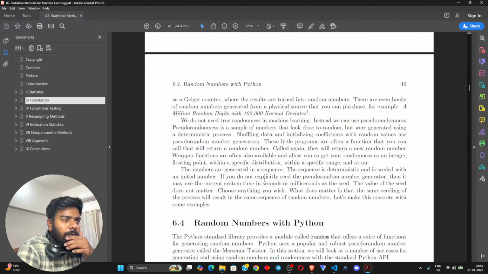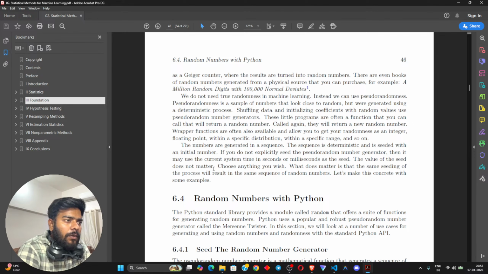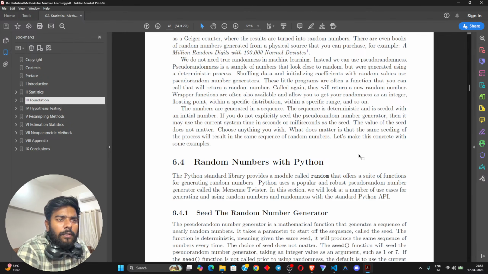If you do not explicitly seed the pseudo-random number generator, then it may use the current system time in seconds or milliseconds as seed. The value of the seed does not matter. Choose anything which you wish. What does matter is that the same